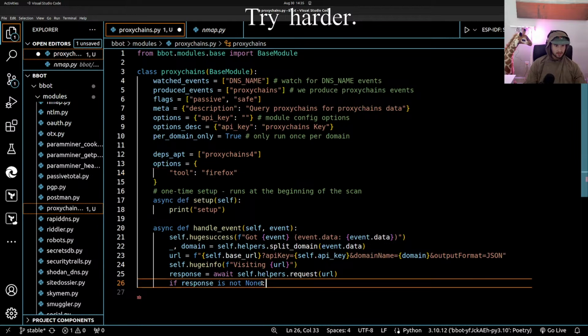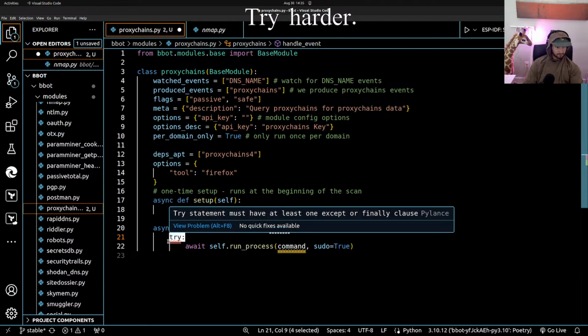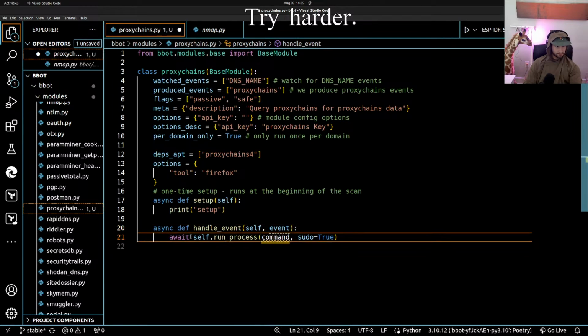So all it's gonna do on handle event is do command equals